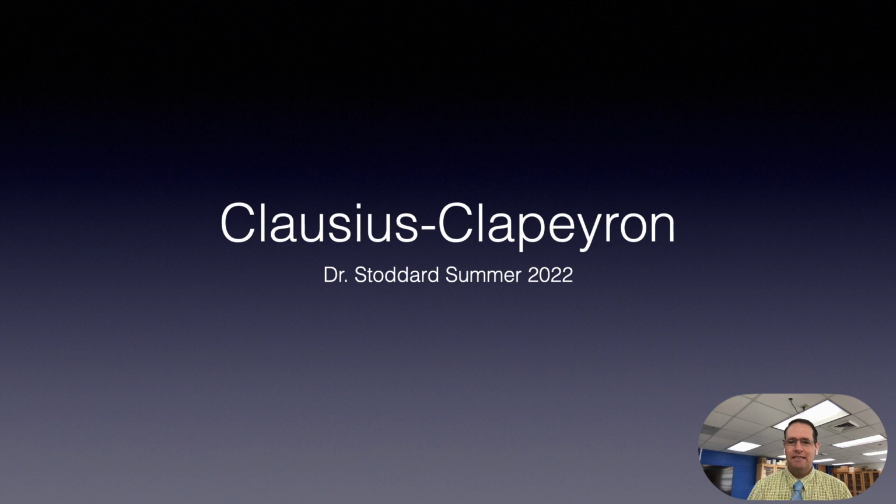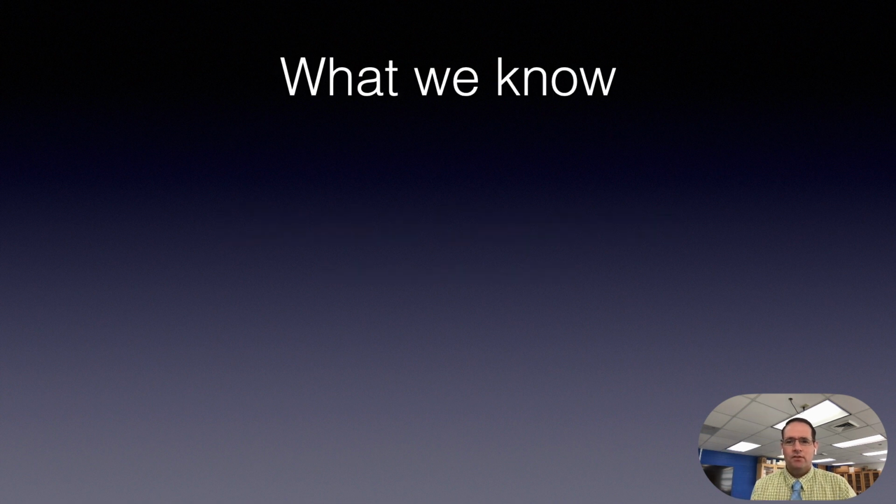We're going to talk about the Clausius-Clapeyron equation. Now, this is an equation that was discovered by two independent scientists just working in different laboratories, and so they didn't know who to name it after. It's pretty cool. So let me show you exactly what we know about the vapor pressure of a gas versus